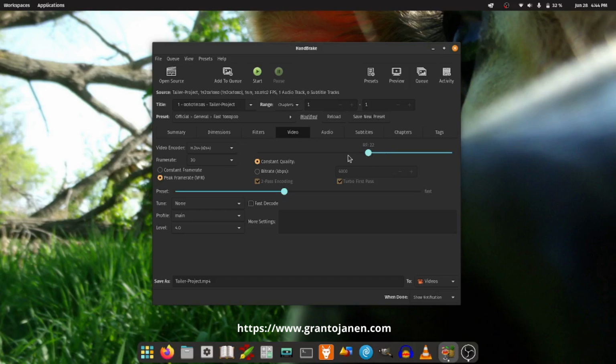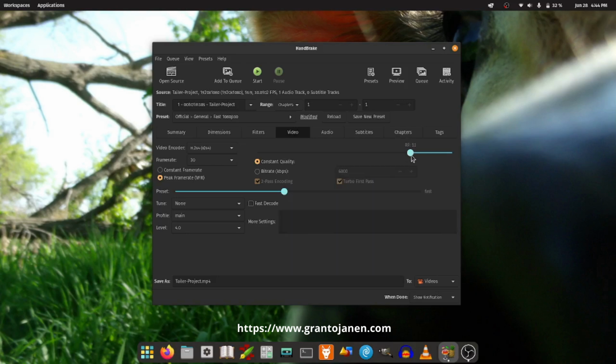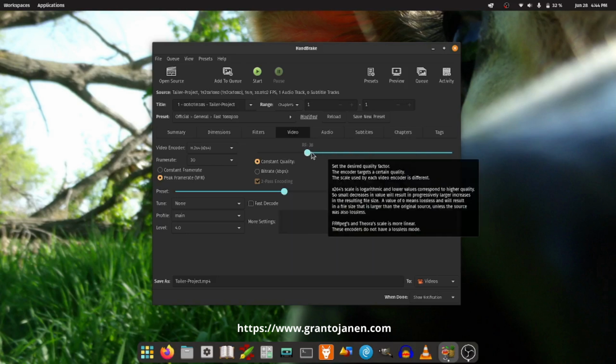Right here is where you can select the quality. A lower number actually makes it higher quality, and a higher number actually makes it lower quality.